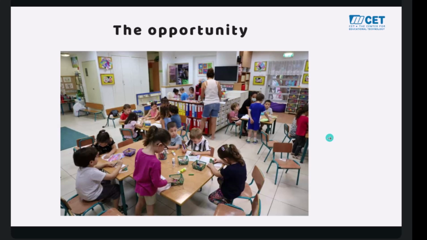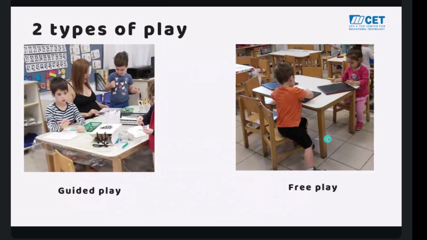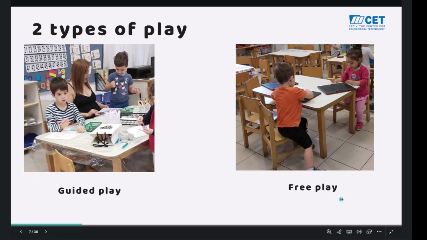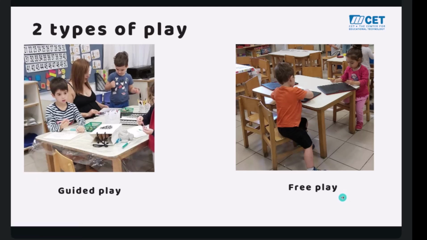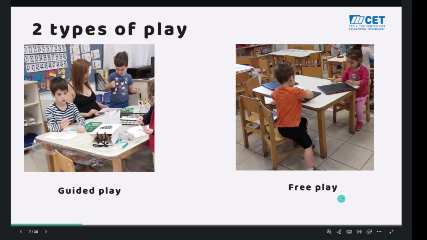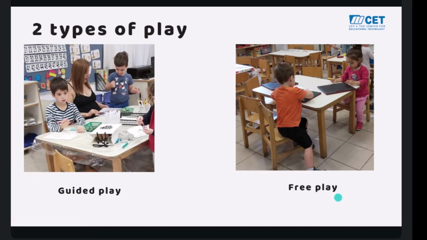And that's another opportunity that we identified. As we observed kindergarten classes, and this study was preceded by a long period of watching and learning how kindergartens worked, we saw that there are largely two categories of play, of fun, in the kindergarten. One is kids that play together with their friends without an adult being present. Well, they're present in the room, but not in the immediate interaction.